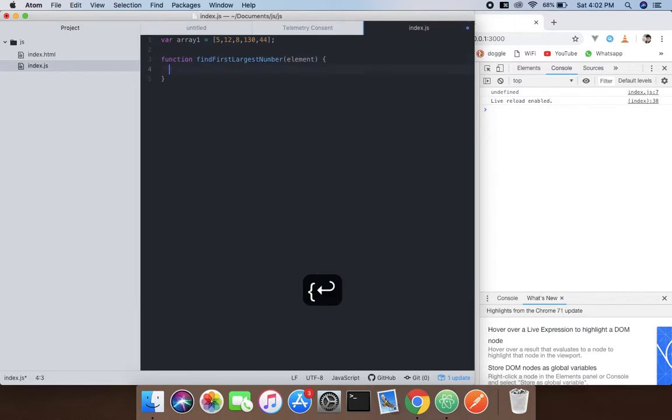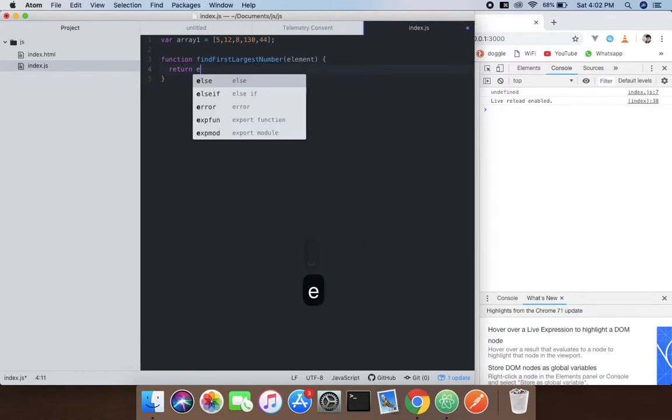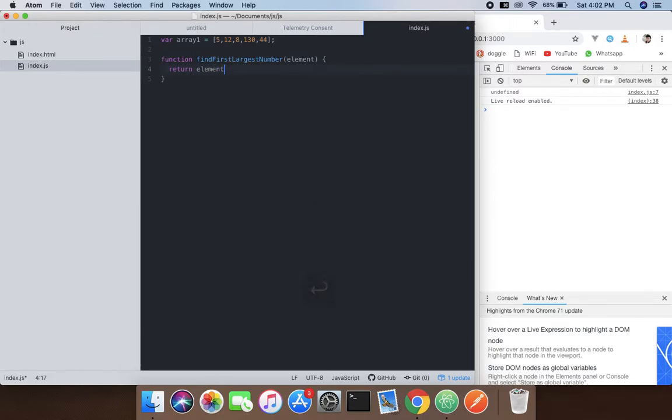now what we're gonna do is return element then 13. If that satisfies the condition, it's gonna log it on the console: array dot find